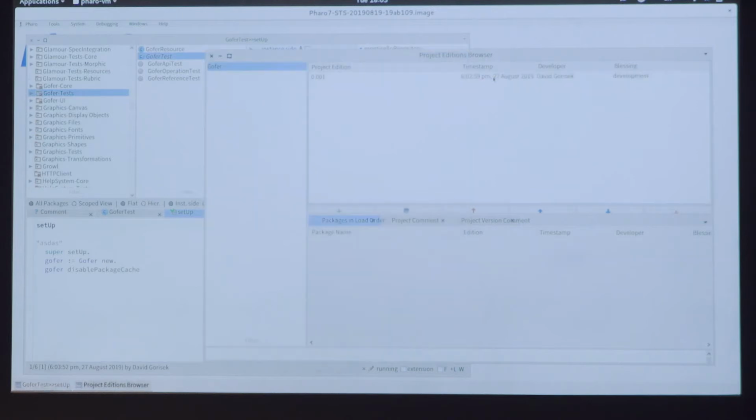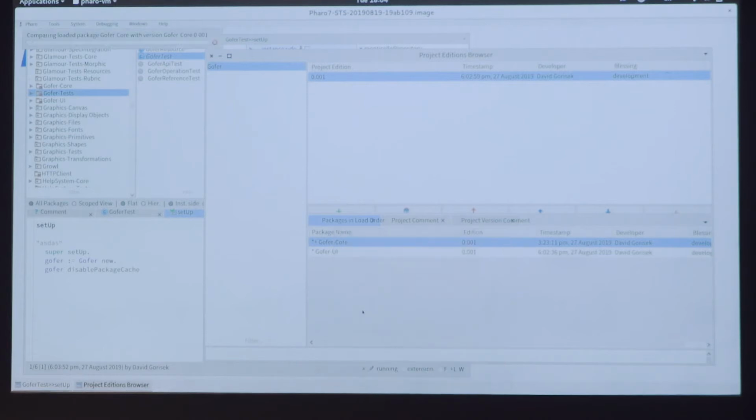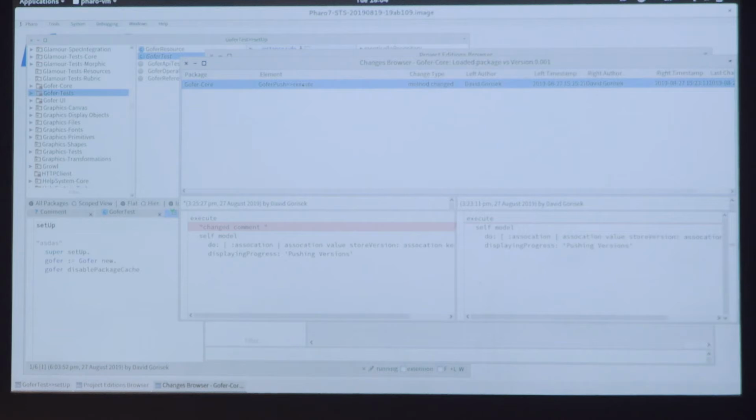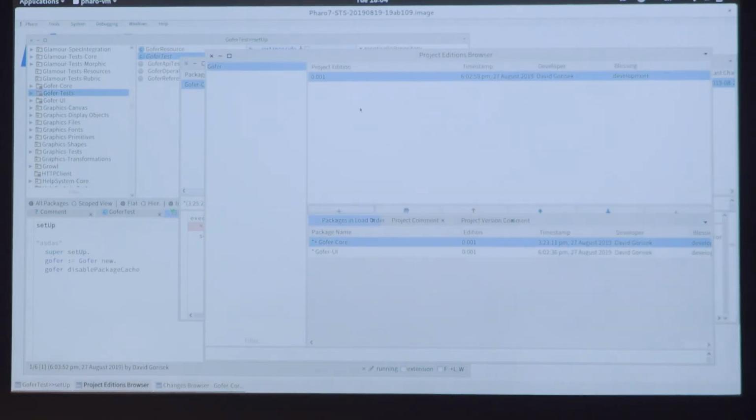And now I can do compare with image. And I get the changes. Okay, so something's wrong. It didn't detect the change. Well, we mostly use it in the scenario when you first load the code from the package, and so it has some bugs still. But anyway, that's the way you can work with Pharo and Dolphin at the same time